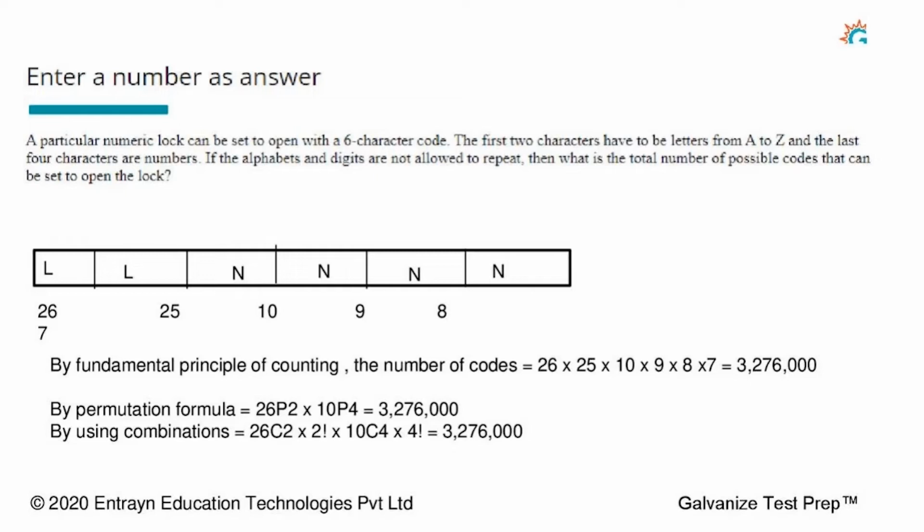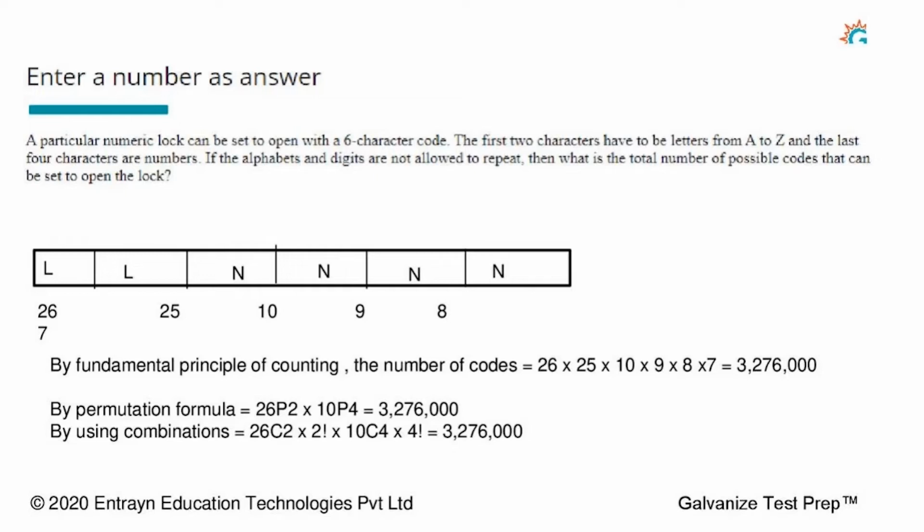The first place has to be a letter, second one has to be a letter, and the next 4 places have to be numbers. Numbers starting from 0 to 9. There are 10 digits that can be filled in each of these 4 places. 10 times, 9 times, 8 times, 7, because the digits should not be repeated and the alphabet should not be